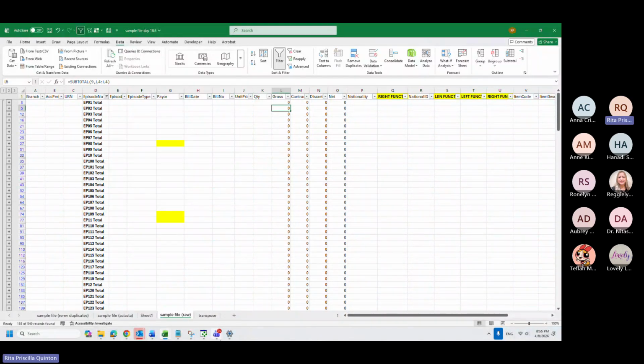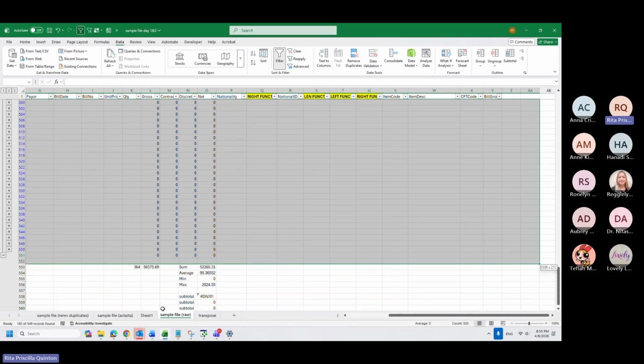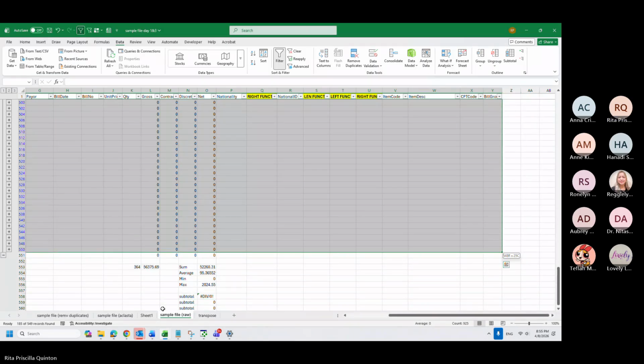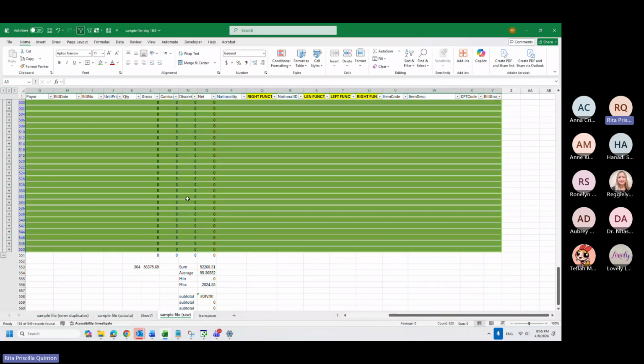I will go here and then press Control Shift End. Okay. Since I don't want to highlight this, these are not part of my totals. I will go here and then Alt semicolon to select them only to highlight.